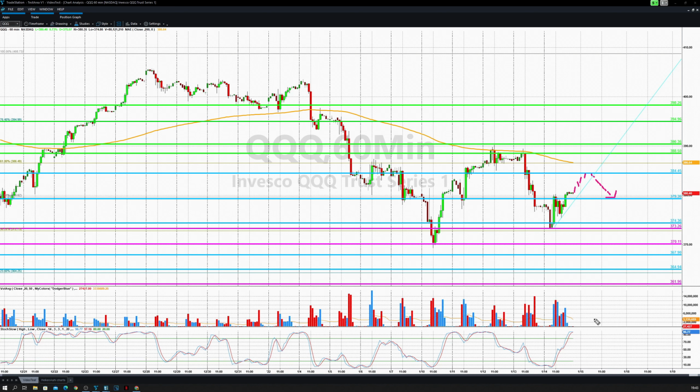There will be volume coming up for the push higher, but see this pattern. This is what worries me. Shoulder, head, and if this will be a shoulder. So key area here, which we need to be careful of, and